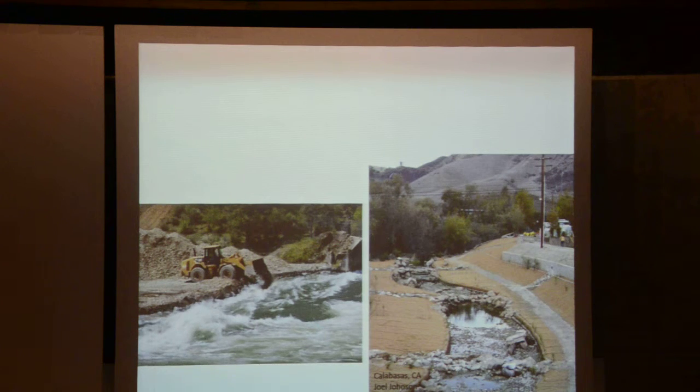We can interrupt, yeah? Please. Oh dear. It says Calabasas, CA, Joel Johnson. Oh. Does that mean you're claiming credit for that? No, not at all. It means that I did take the photo and came upon that site. So I was just trying to say it was my photo. Sorry. That thing is really awful. So that's an example of a restoration project near a hotel that I was staying at one time that I found. You're denying that it's awful. No, I am not taking credit for that design.